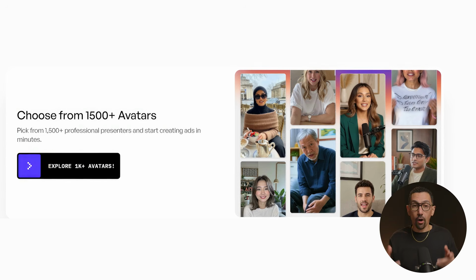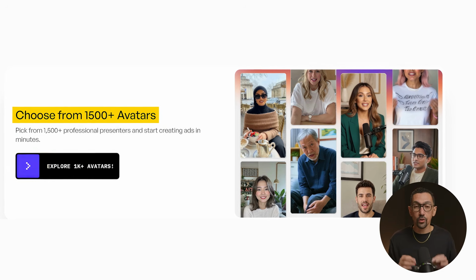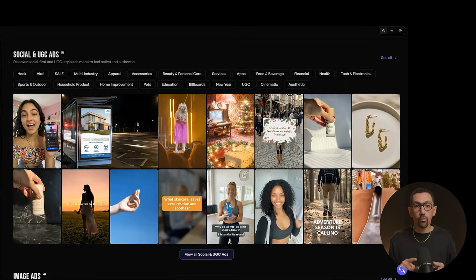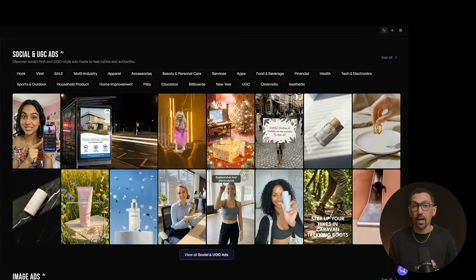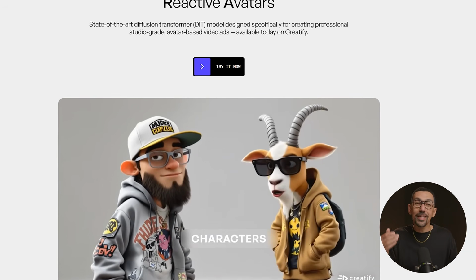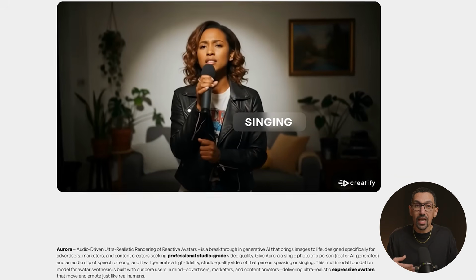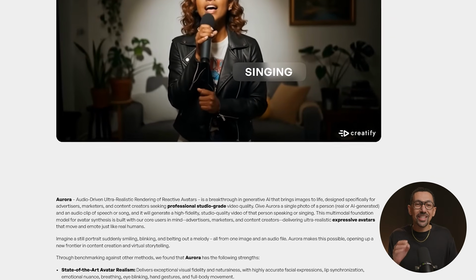Now, first, let me give you a quick lay of the land inside Creatify. This is where we're gonna create our ads. Inside, you have over 1,500 different avatars to choose from. These are not stiff or robotic or feel like AI. They actually feel real because of the Aurora model. The Aurora model inside of Creatify is the best model for real facial expression, natural head movements, realistic lip sync,